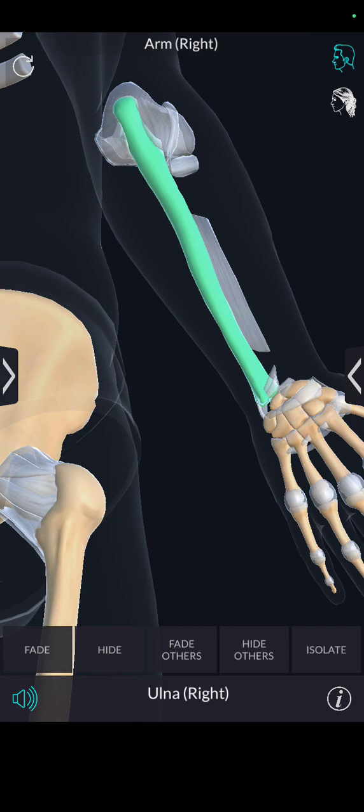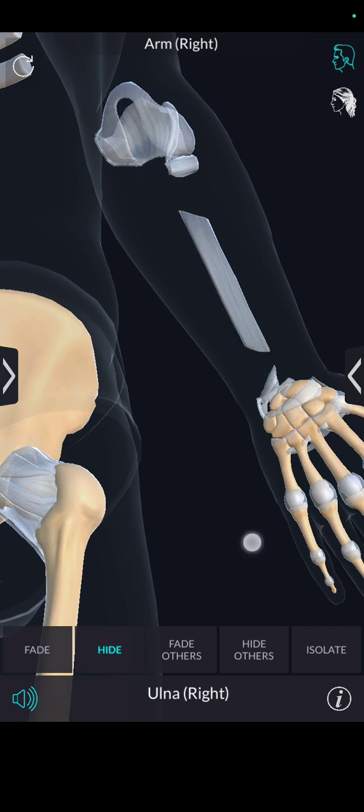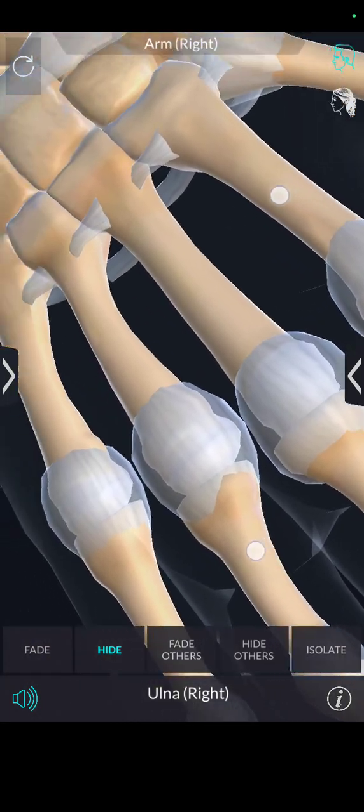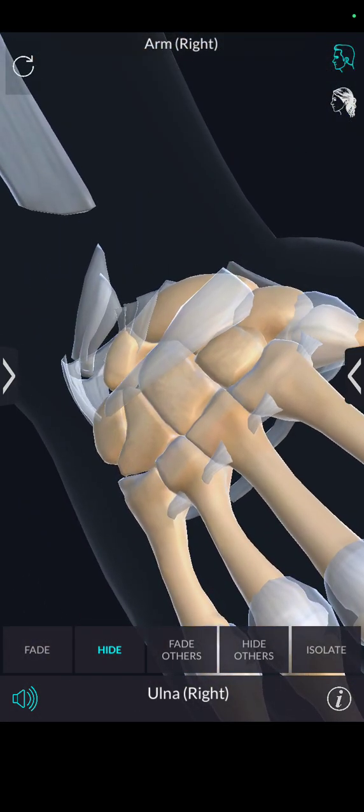The ulna is a long bone found in the forearm that stretches from the elbow to the smallest finger, and when in anatomical position, is found on the medial side of the forearm. It runs parallel to the radius, the other long bone in the forearm, and is the larger and